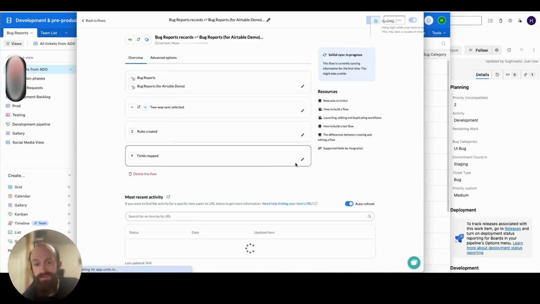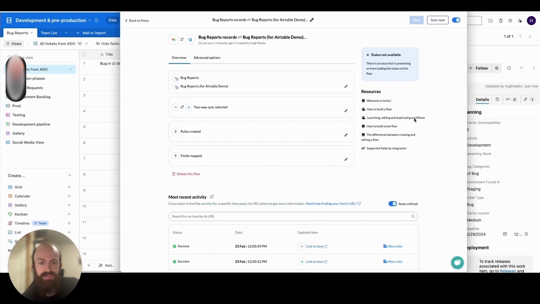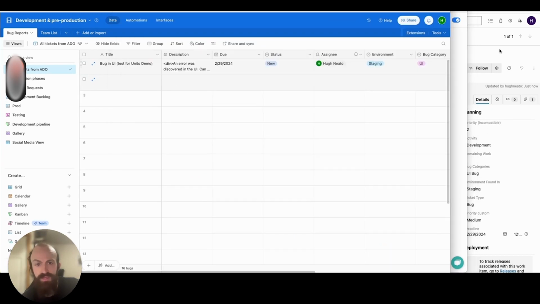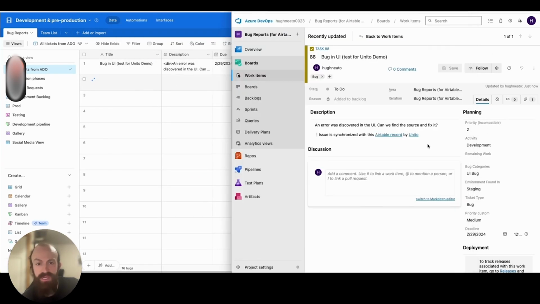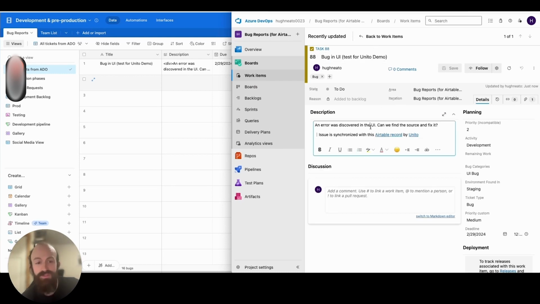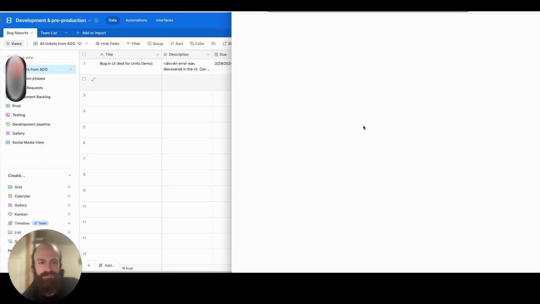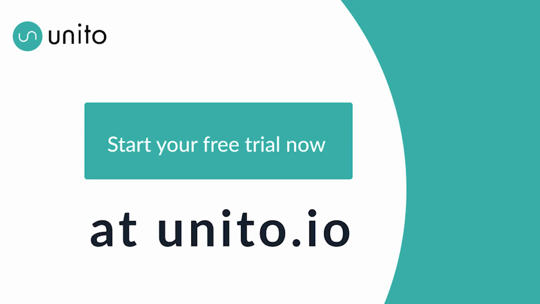Now I'll launch my flow, and you'll see my work item in Azure DevOps appear in Airtable. So that's this here. This is the original work item that I created. All of the same fields are there, and you can continue to tinker with it, change the rules or field mappings after launching your flow to make sure that it functions as intended,